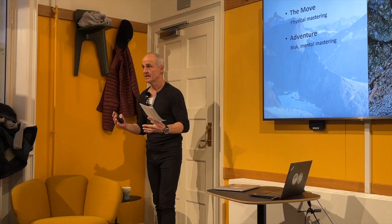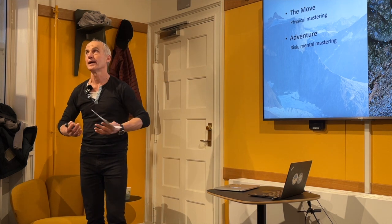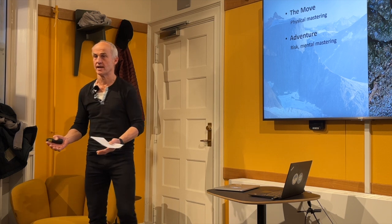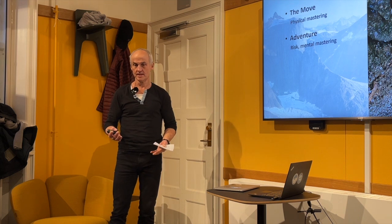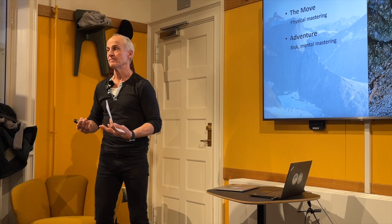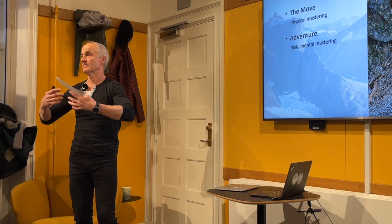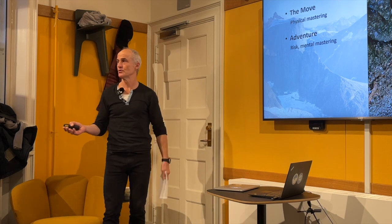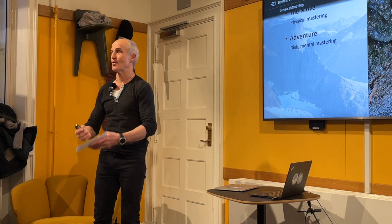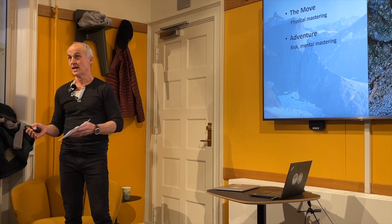And exactly here comes one of the very basic and traditional conditions, which I find very, very important in climbing. Climbing would lose its attraction for me if there wasn't danger involved, if it wasn't risky. And it has nothing to do with foolhardiness or daring as much as possible or being suicidal in any way. It's about being in control,